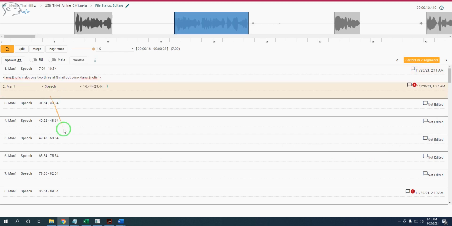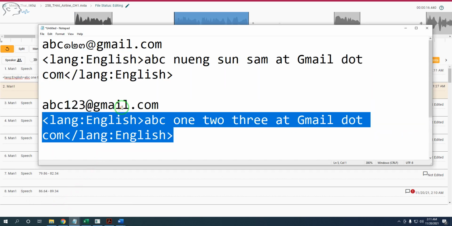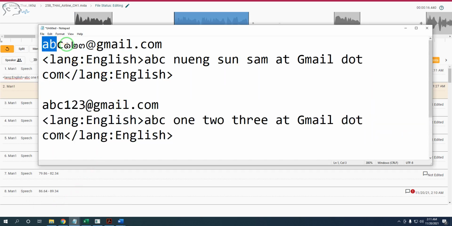If the speaker says ABC, then the number should be Thai. It should be typed ABC, and the number should be Thai. But it should not be used as any number. It should be the number as a word. It is like